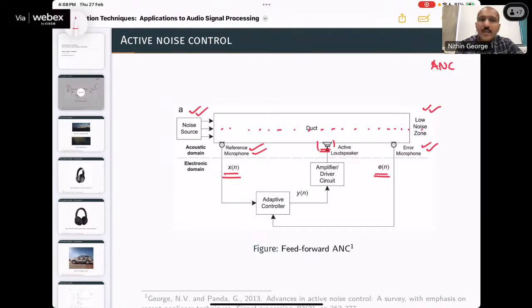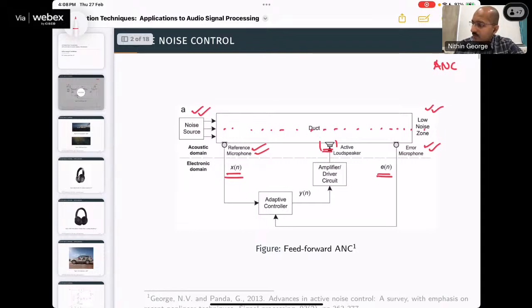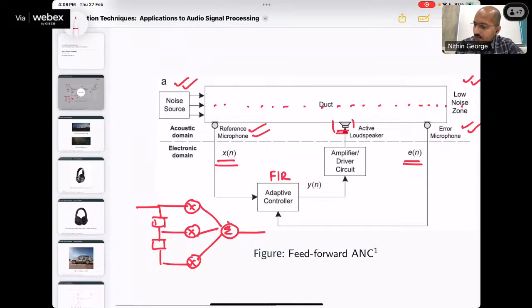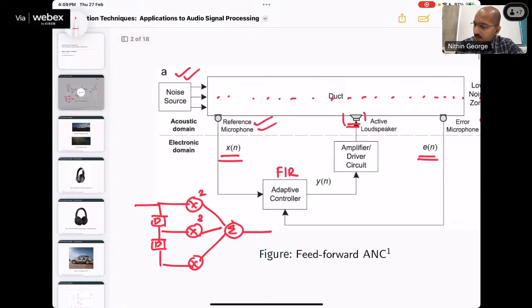Now, similar to system identification, I am going to have an adaptive filter, for example an FIR filter. What is this adaptive FIR filter trying to do? I am going to have some delays, some multipliers, some adders. This is my adaptive FIR filter, and depending upon what values of multipliers are there, the adaptive